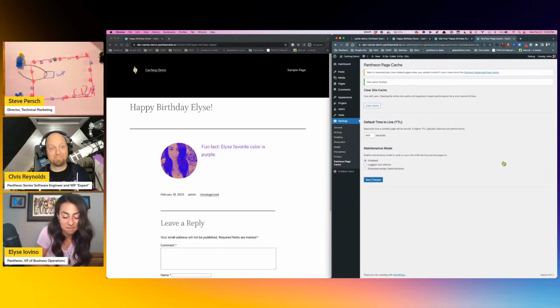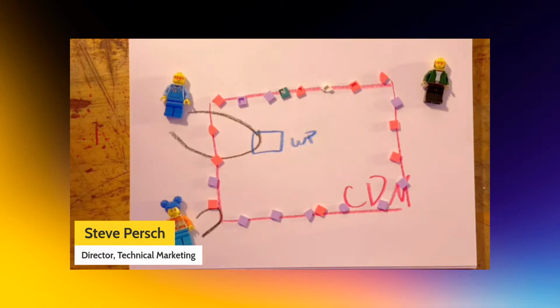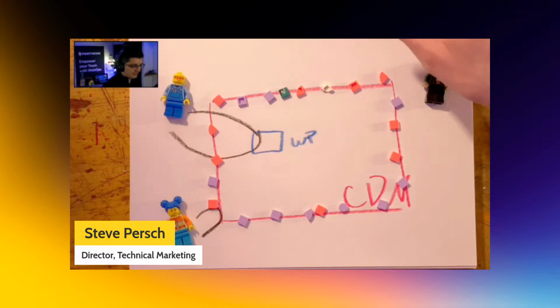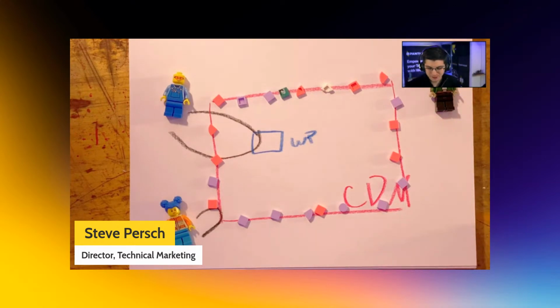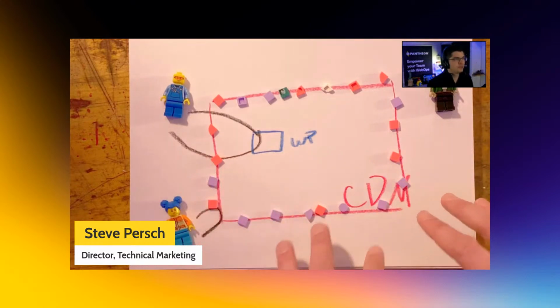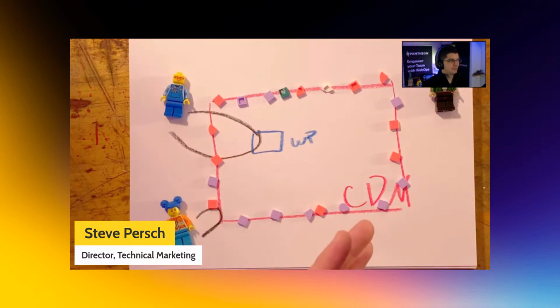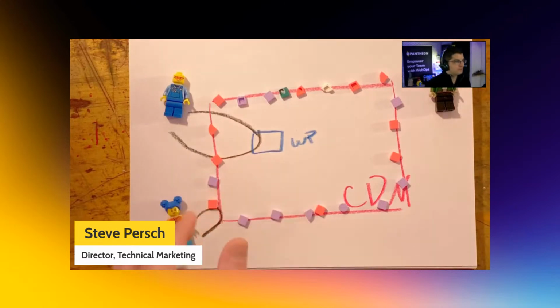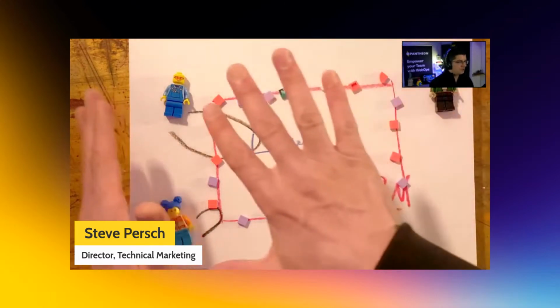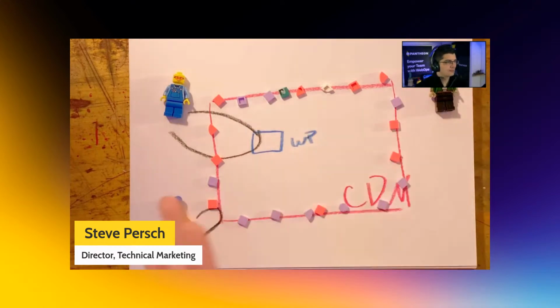So let's show on the diagram level why this button is no good. We have again here our visualization of our WordPress site and our cache system. I'm this Lego guy. All these Legos here represent the cached pages in the CDN. When people are making requests and responses, they generally don't have to go all the way to WordPress because the cache has them. But what we're doing when we click that button and clear all the caches,